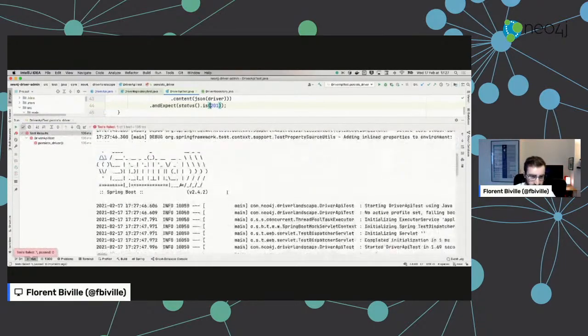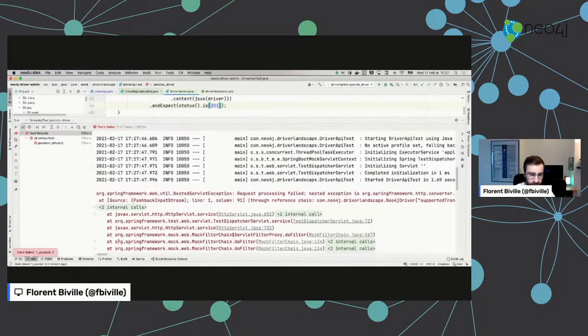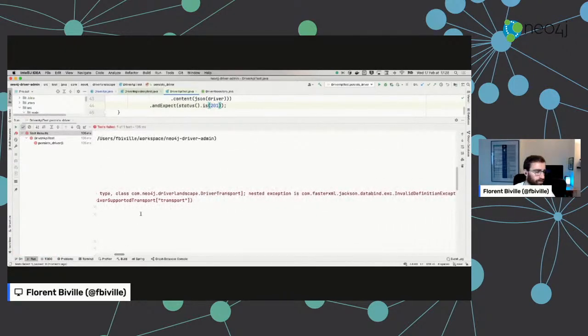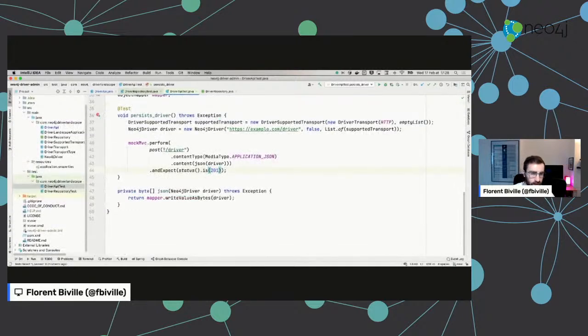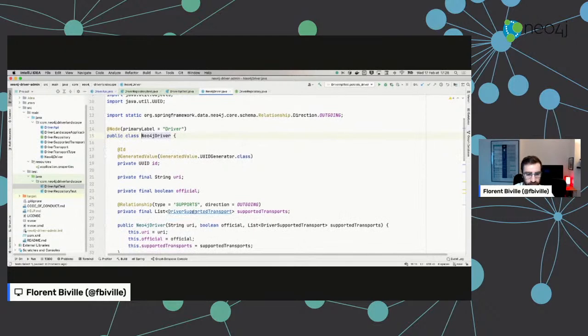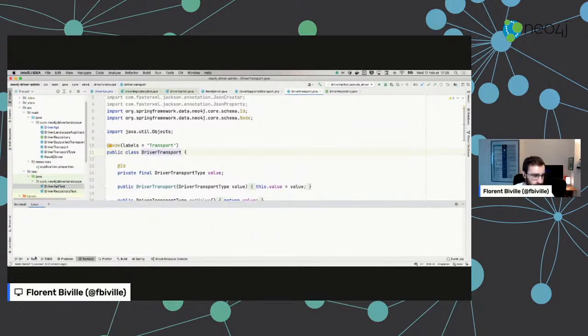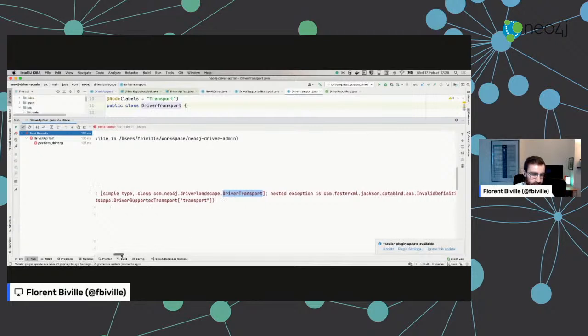The test was failing the other day, and why is that? If we look, there is a nasty error, but basically it is on the server side. Here I'm on the client side in my test, sending a request, but my server receives the request and complains that it doesn't know how to go from the JSON string, the payload of my request, to the full Neo4j driver. In turn, the Neo4j driver has a driver-supported transport, which is a driver transport. Jackson is complaining that it doesn't know how to take the relevant JSON string and